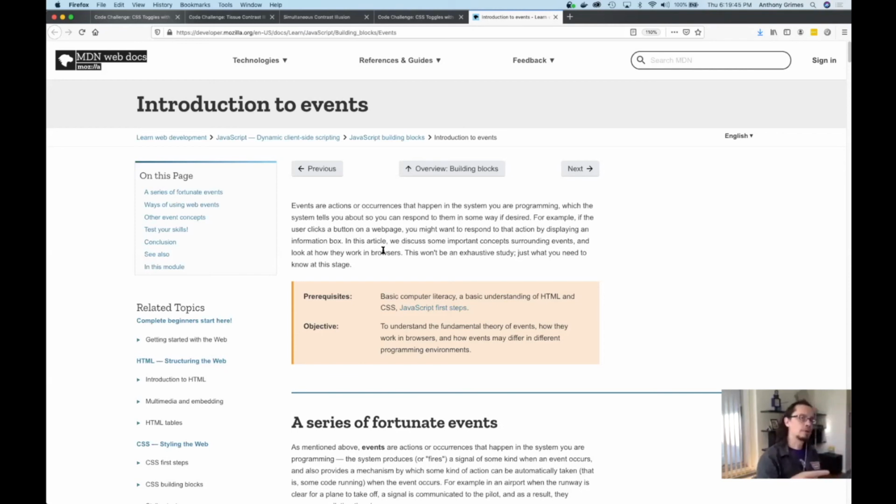And that's what we're going to be doing: hooking some JavaScript to a button so that whenever it gets clicked, it's going to run that code and change a CSS class. But events, we're not going to get too deep into, because that is a bit of a rabbit hole. I'm going to be mostly showing you the code, doing the Vanna White, but